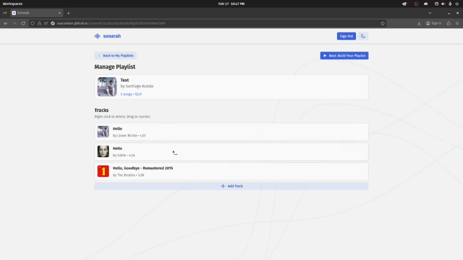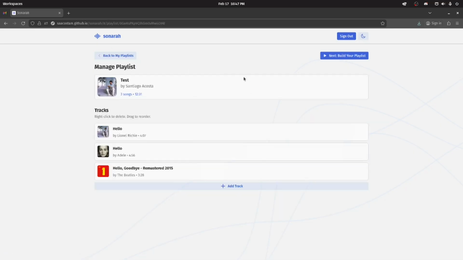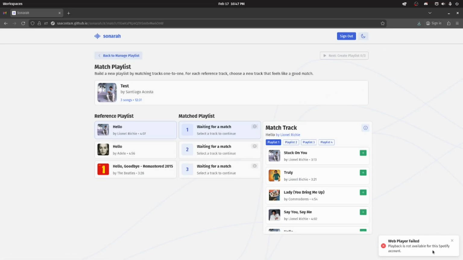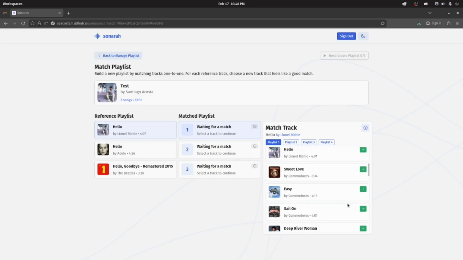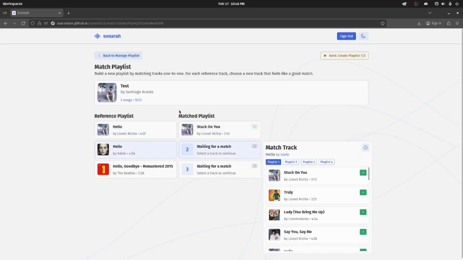Now that I have a playlist that I have as a reference, either one that I have imported or my own playlist, I can go into the next step, which is build my playlist. You can see here that my current account doesn't actually have the necessary permissions to play or to use the Spotify web player. Sorry, this is because I'm on Spotify free. Therefore I'm not able to actually play the songs, but I can still get recommendations for songs,